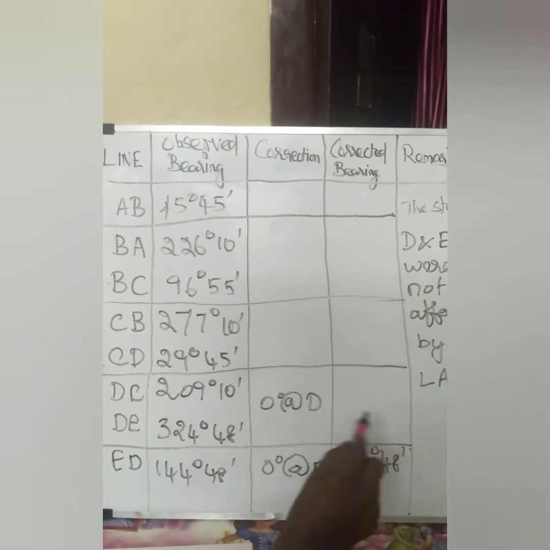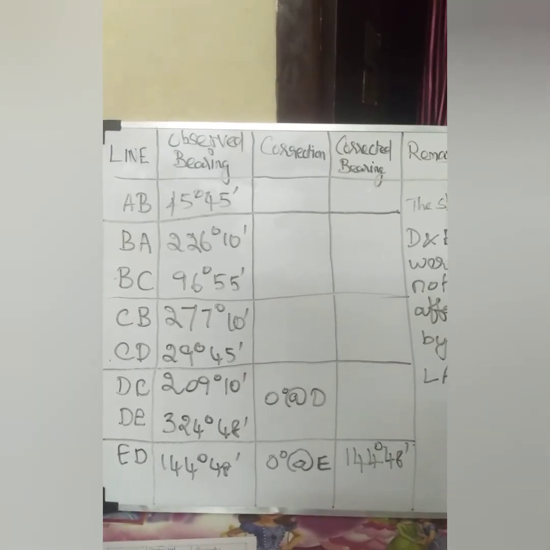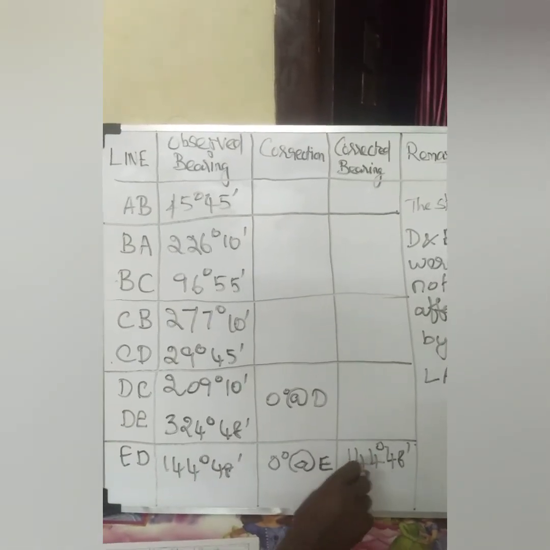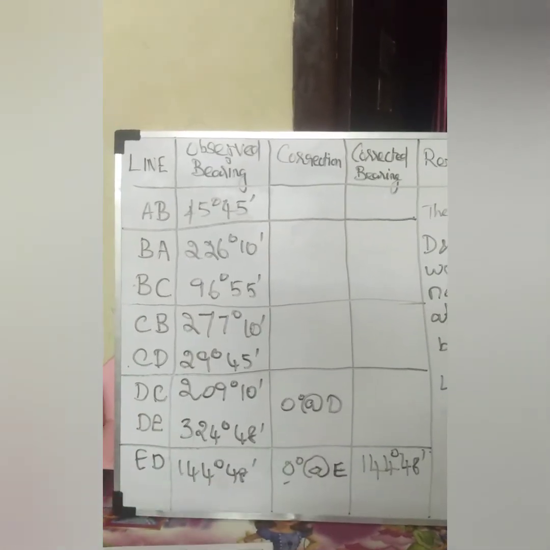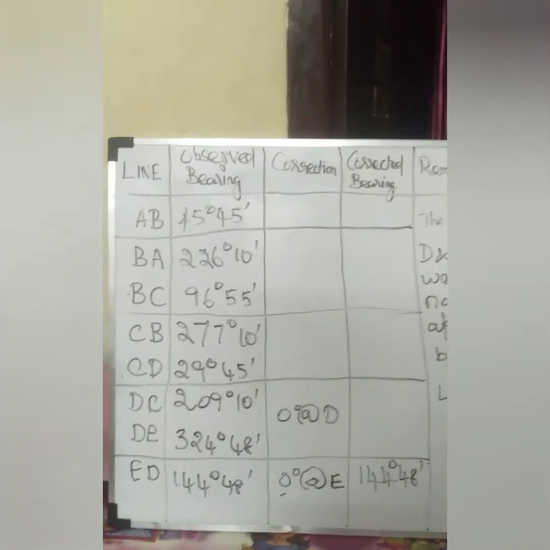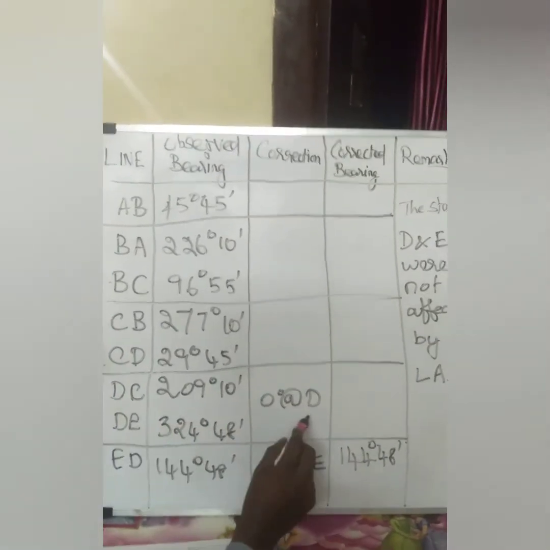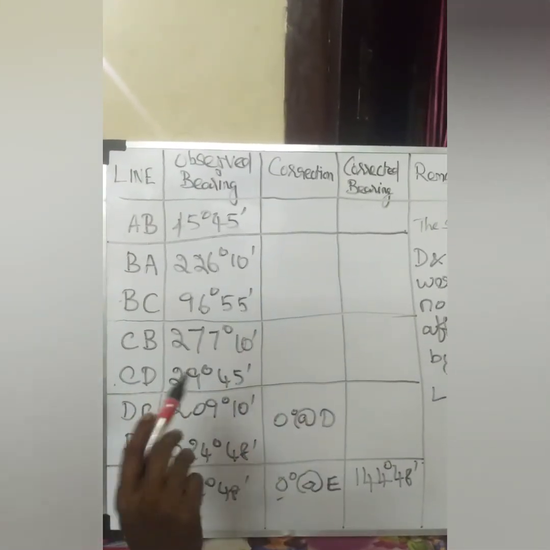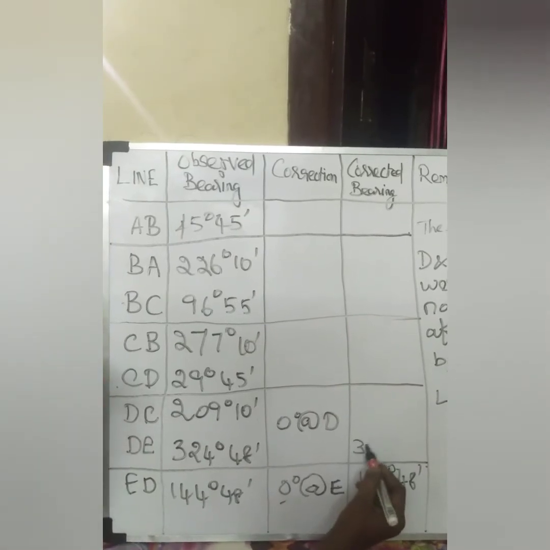This line is not affected by local attraction, so the corrected value is the same here because the correction is 0 degree at station E. Next, here also 0 degree correction, so the corrected bearing is the same, 324 degree